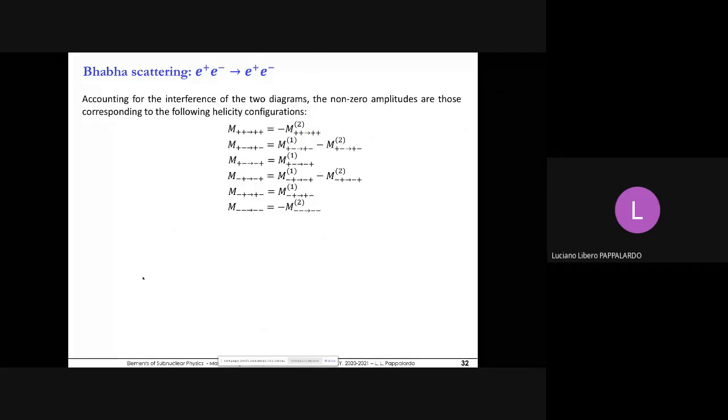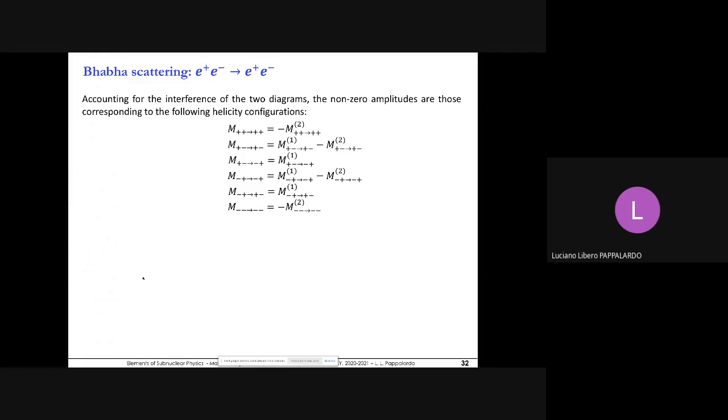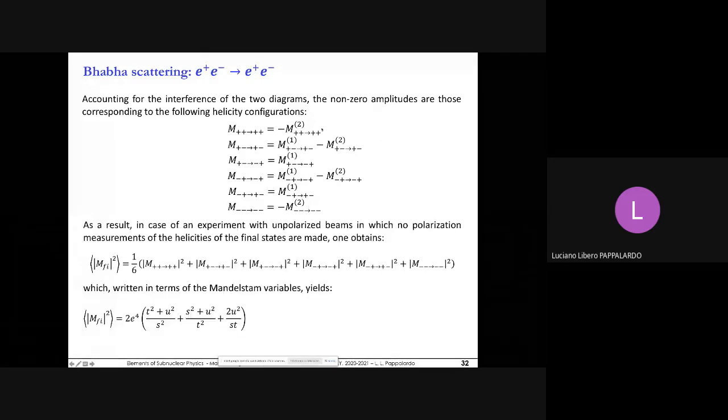Now, we have to account, of course, also here for the helicity configurations, okay? So in this case, we have 6 different helicity configurations. Some of them involve only one diagram. Some others involve both diagrams. We will not derive these in detail, of course. But as a result, in the case of an experiment with unpolarized beam and where no polarization measurement is done on the final state, again, we have to average all of them. Okay, so this is our average squared